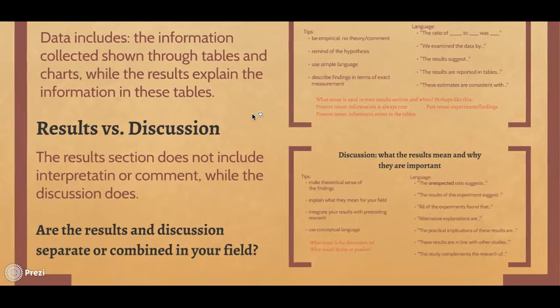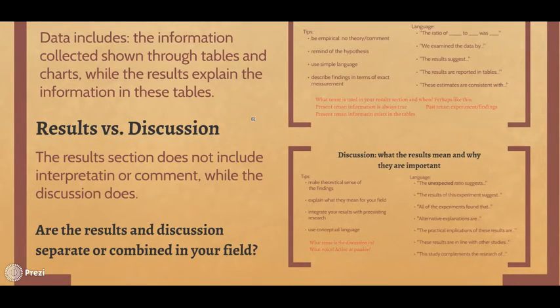The results sections of these two articles that I have as examples, and then I'm going to deal with some kind of misconceptions about the results section and the discussion section, and then we'll talk about language that exists in each section. The reason we're talking about the purpose, I'm sure you know the purpose of these sections. I'm sure you've written these before. I'm not trying to say that you don't know what you're doing in that sense, but truly understanding the purpose will really help you understand what language you should be using in order to express these things. So, for example, data versus results.